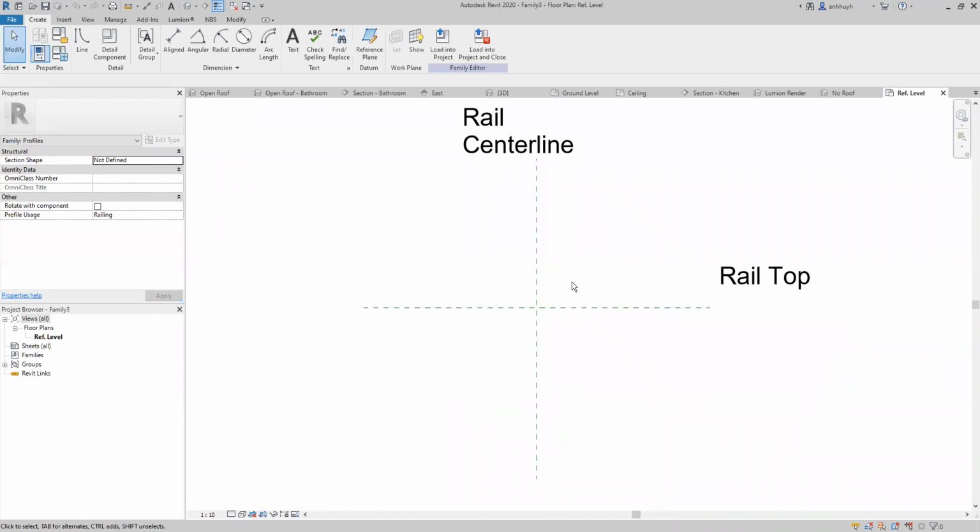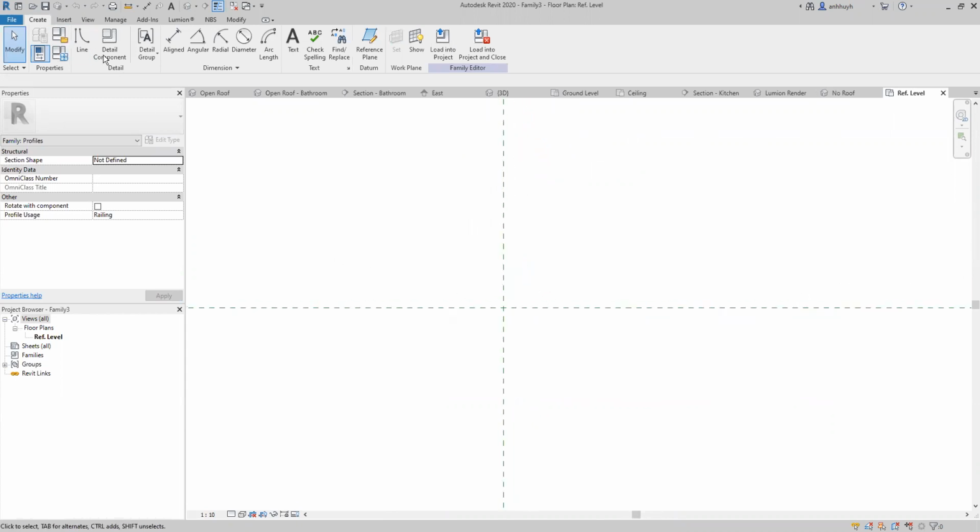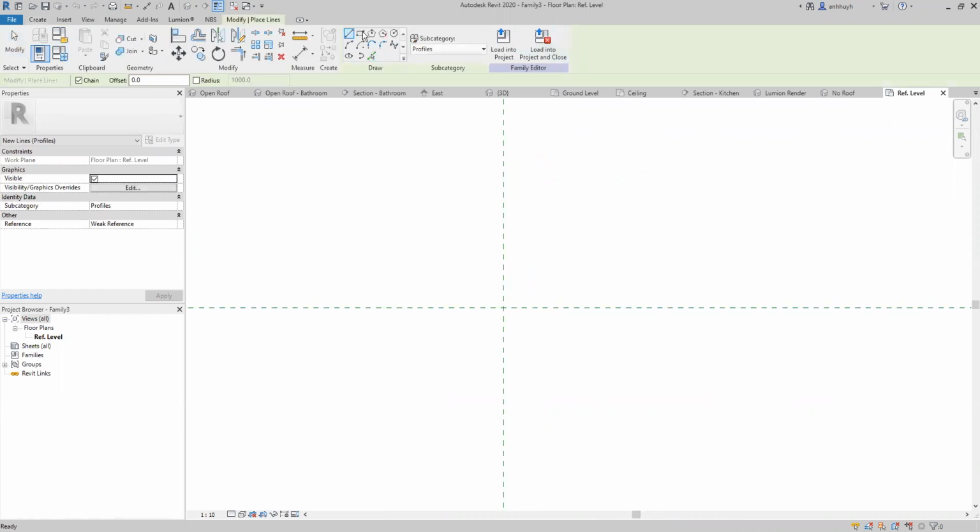And first we're going to make the skirting. So creating the family kind of gives you an empty template for you to build on. So we're going to build our skirting in this template here. Okay, so first thing we want to do is create a line, and we're going to create a rectangle. So start at the intersection in the middle and create a rectangle that is